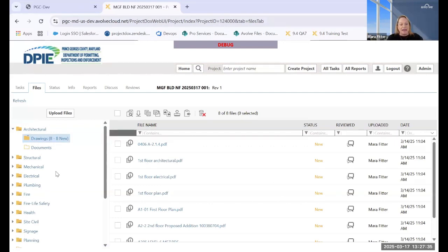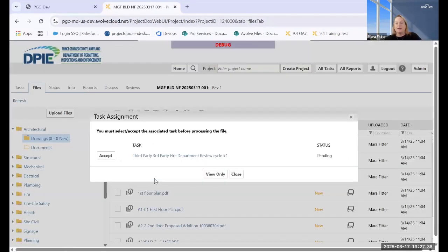And I want to take a look at a file. When I attempt to open that file, if I have not yet accepted a task that I have pending, I get this pop-up box that basically says, what do you want to do? If I hit close, it's just going to close the box. If I click on view only, it will open the file in view only mode. If I click on the accept button, it will accept the task and open up the file. And if I click on the name of the task, it will accept the task and open up that e-form for me. So I am going to go in as view only just so that you all can see